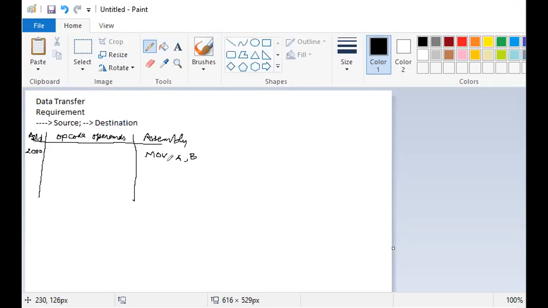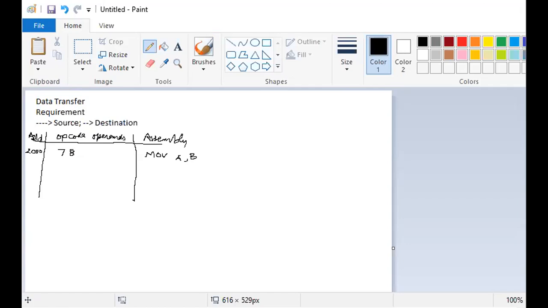Simply writing the operation code for this instruction, which is, as you see here, move B to A, the code is 78. So when you store 78 at address 2000, and when the machine, that is 8085, fetches this instruction and executes it, it automatically transfers the content from register B to register A.